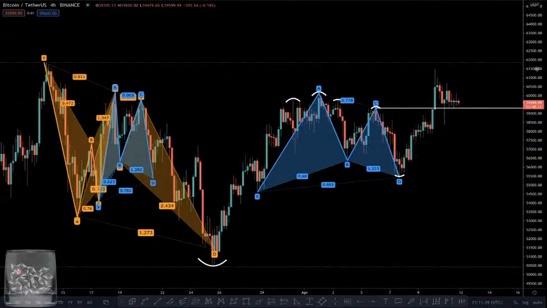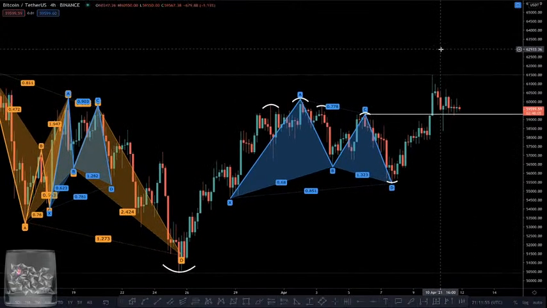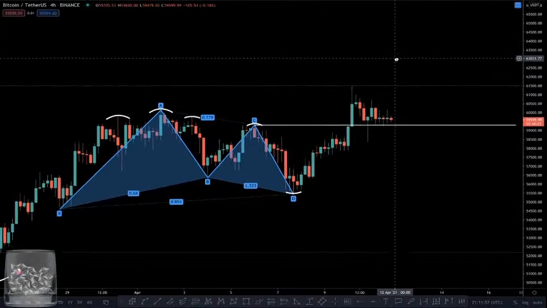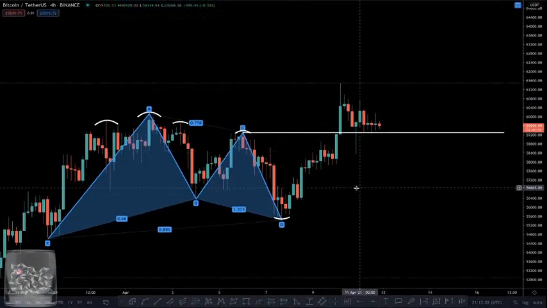So yeah, like normal, let's start out with Bitcoin. Basically, we've been following along with this harmonic, right? So let me get rid of that other stuff there for you. So currently what we have going on here is,